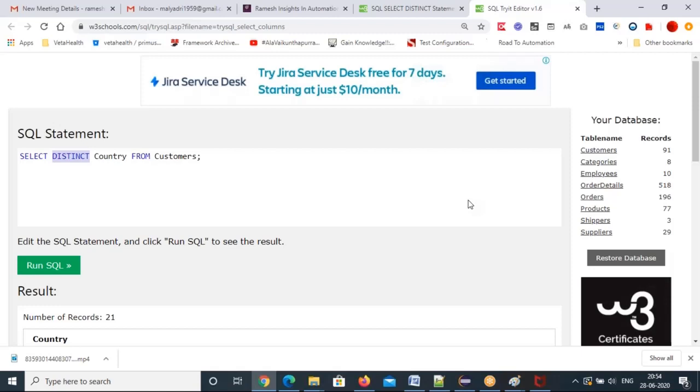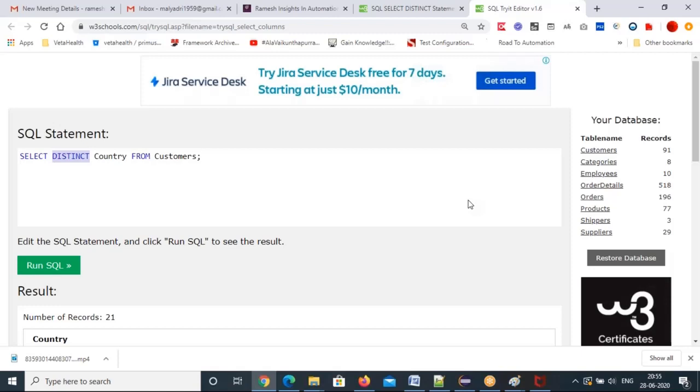Okay, so this SQL can do a lot of things. What are all the things it can do? You can create the database. You can alter the database. You can delete the complete database. You can create a table. You can modify the table. You can access the data from the table. You can delete the data from the table. You can insert data into the table. In a particular column, if you want to insert some data, you can insert it into that column of this table. So like this, you can do a lot of things with this database.